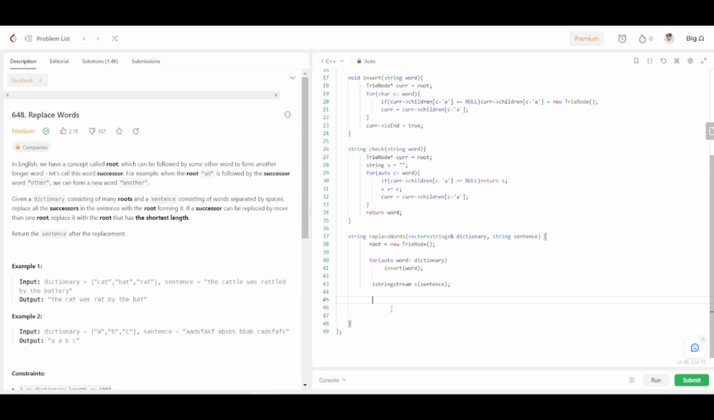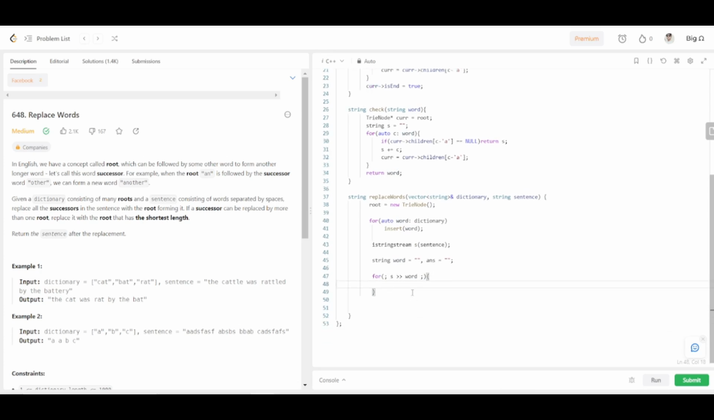Okay, so let's create a string word, and let's create a string answer. This answer string will basically store the final answer, and this word will iterate over every single word which I have separated here. Word, iterate over this string, and for every word which I am picking here,